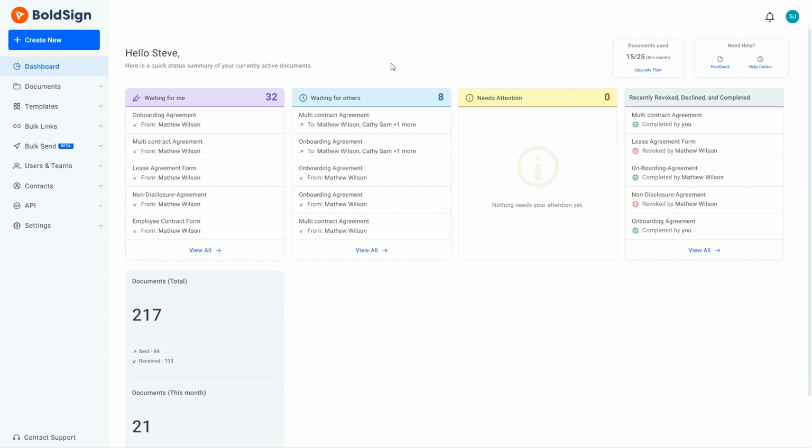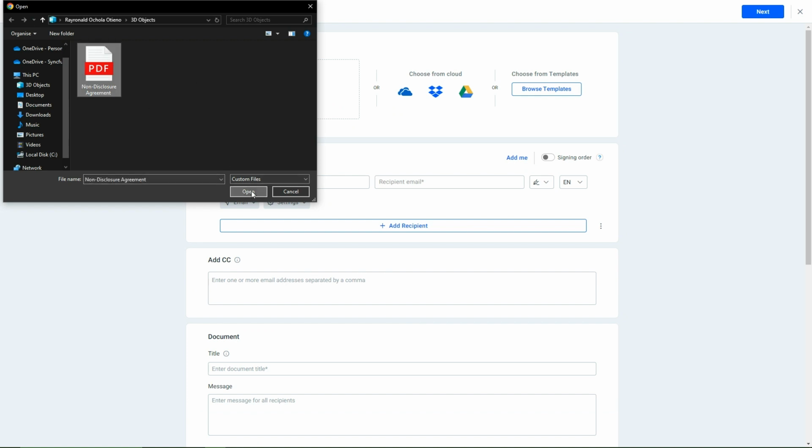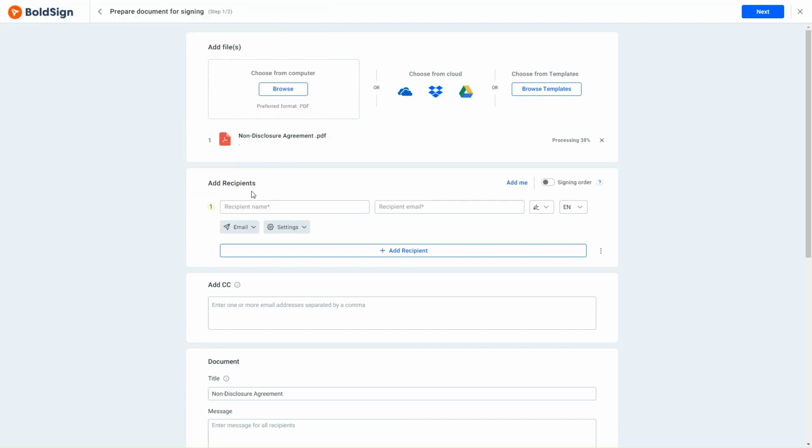First, let me walk you through the correct way to initiate the signing process as a legal coordinator. The first step is to access the BoldSign application page. Here, click the Create New button and select Create New Document. This action will take you to the Prepare Document page, where you can upload the non-disclosure agreement in the Add Files section. Next, enter the client's details in the Add Recipient section, and add the internal manager's details as the